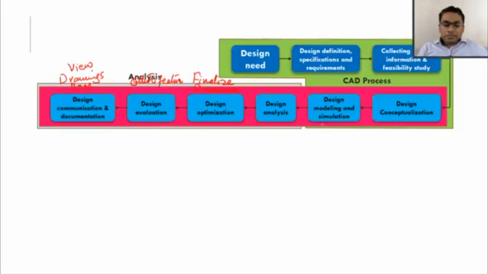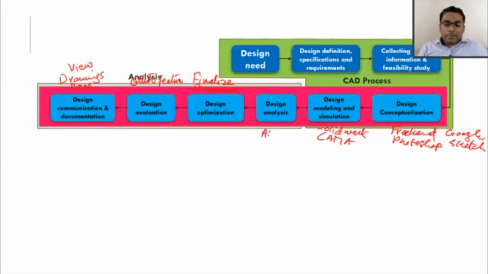I will write on this slide again that design and modeling can be done on SolidWorks. CATIA is also a good software for modeling. And we can do design conceptualization on FreeHand, CorelDRAW, Photoshop, or even Google SketchUp, which is also a very good software through which you can make the design conceptualization. So these are all CAD software which you can use.